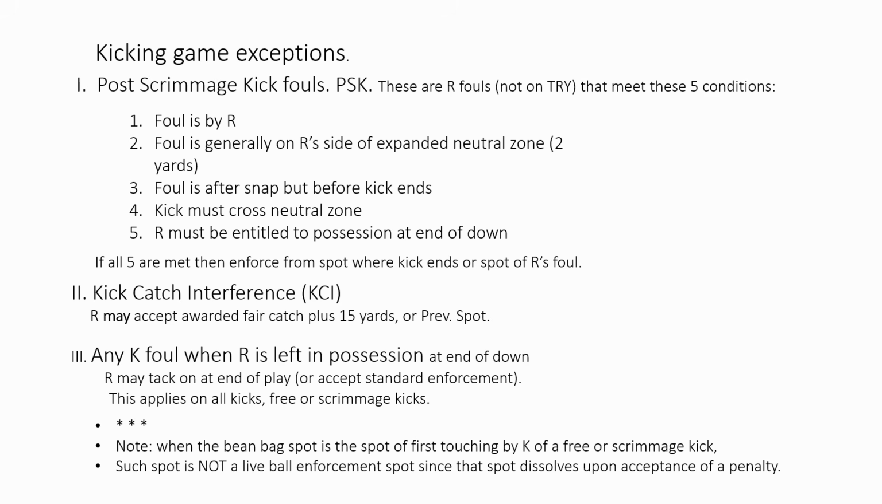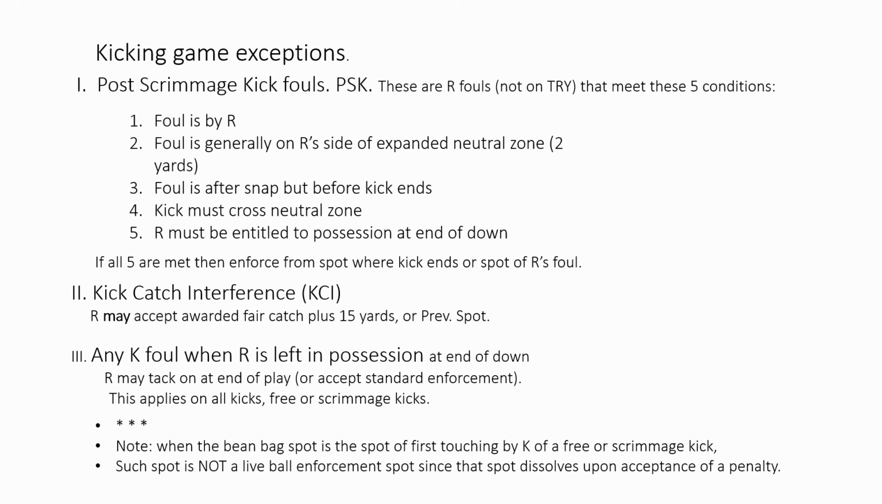The post-scrimmage kick must meet 5 conditions. As said before, it must be a foul by R. The foul is generally on our side of the expanded neutral zone, more than 2 yards downfield, but we'll talk more about this. A foul is after the snap but before the kick ends. The kick must cross the neutral zone at some point, and R must be entitled to possession at the end